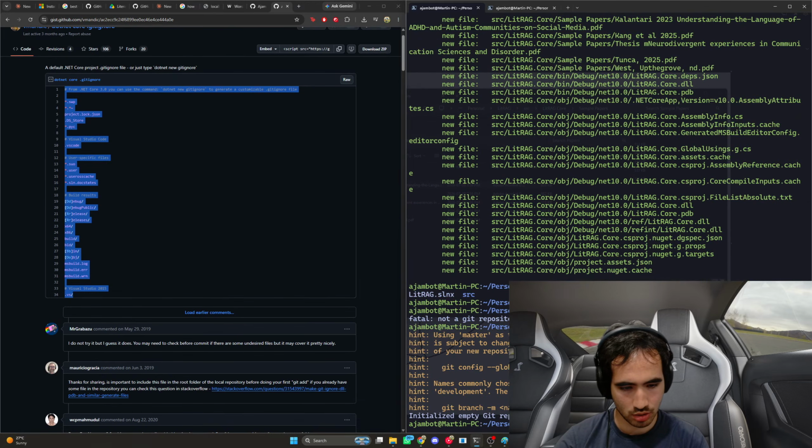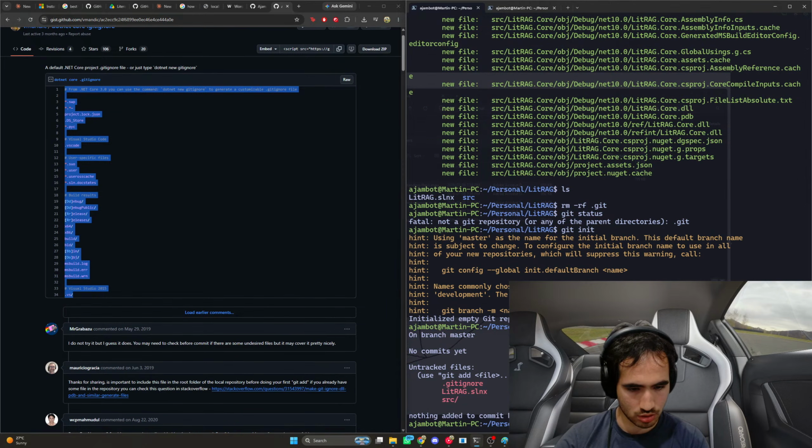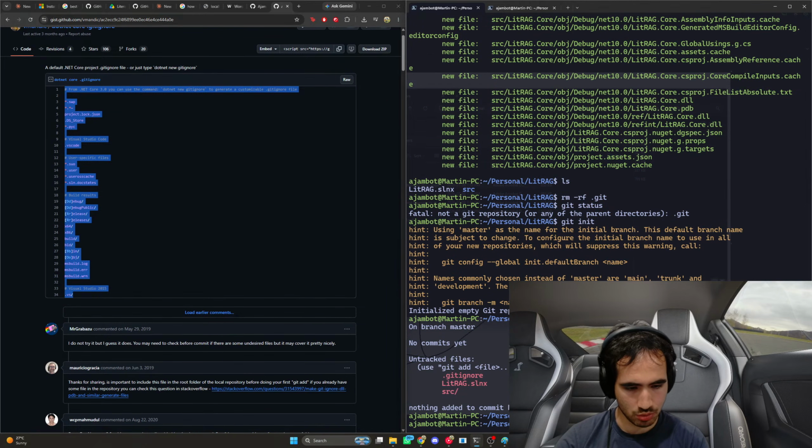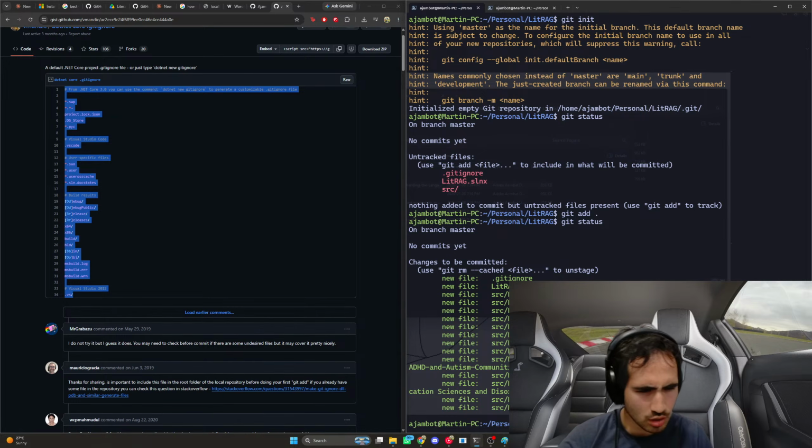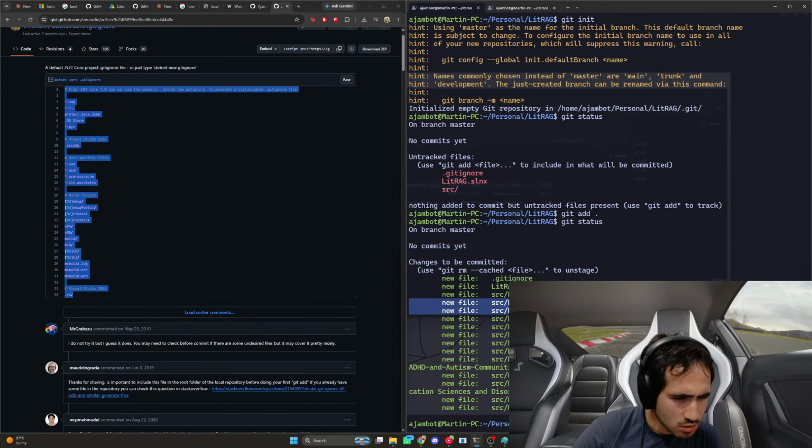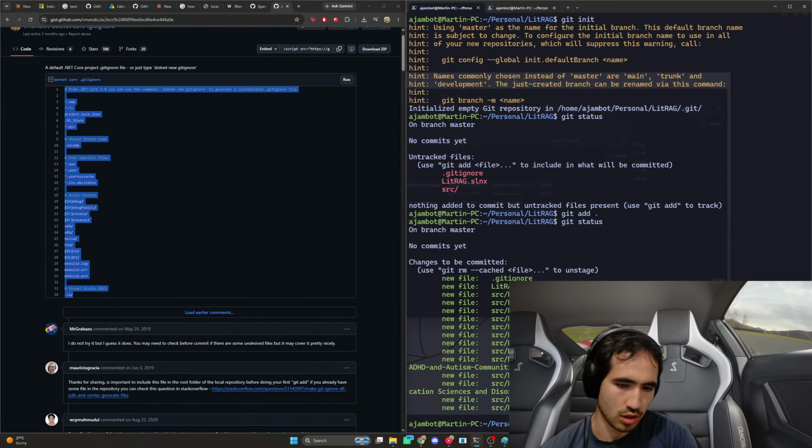Then we do git init. Then we do git status. Now if we do git add period and git status again, it adds the CS project, HTTP. It's not as much anymore. And now we can actually git commit -m "initial commit.